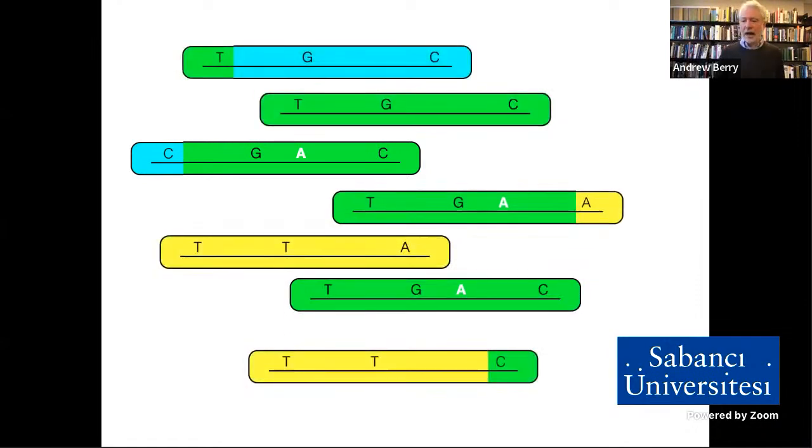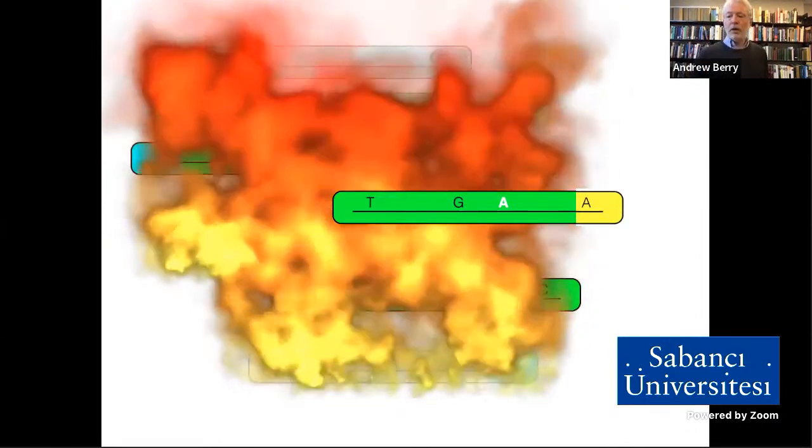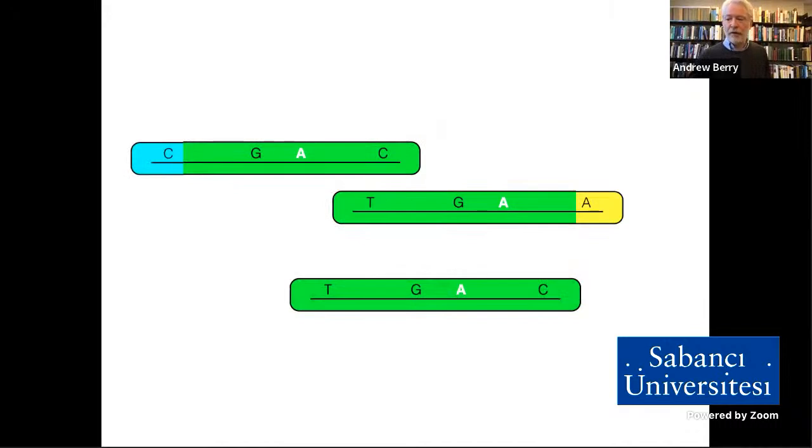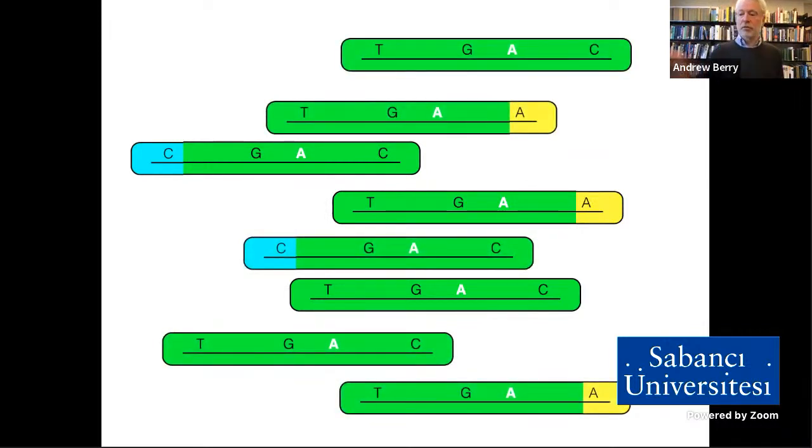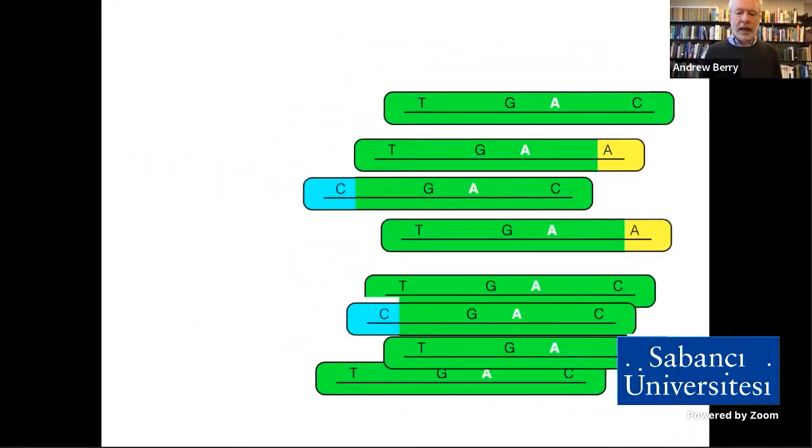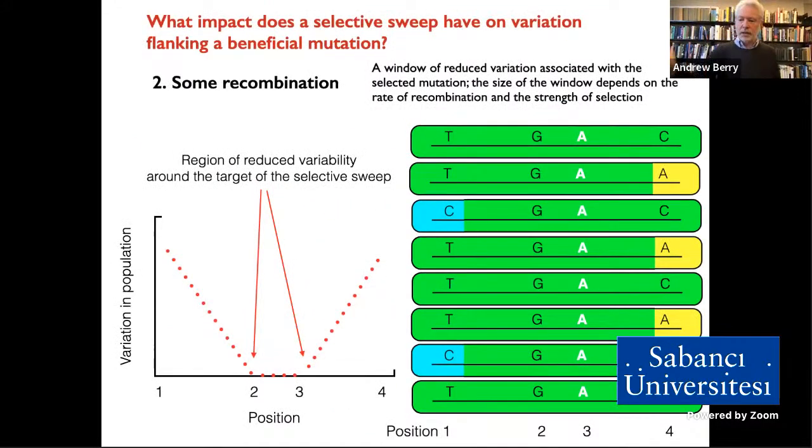So again, what happens? Well, selection is favoring the white A, but we notice we've got several different chromosomes. So again, these are going to multiply. Now let's look at the pattern we see. So here's the outcome of the selective sweep. Now we've got a more local area of reduced variation. But again, the footprint of positive natural selection, and obviously the size of the footprint is going to depend on the intensity of selection and the rate of recombination and many other parameters.